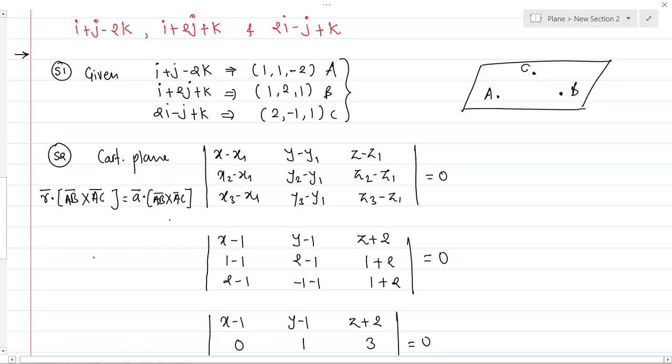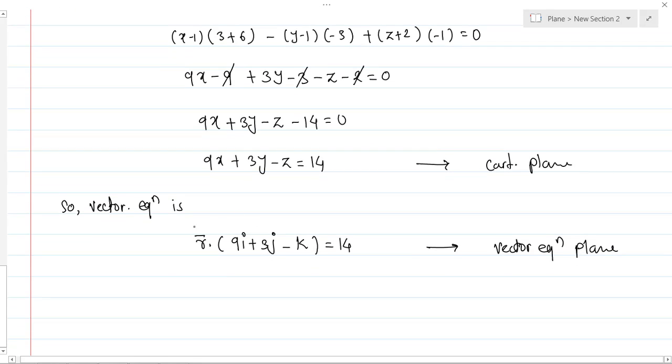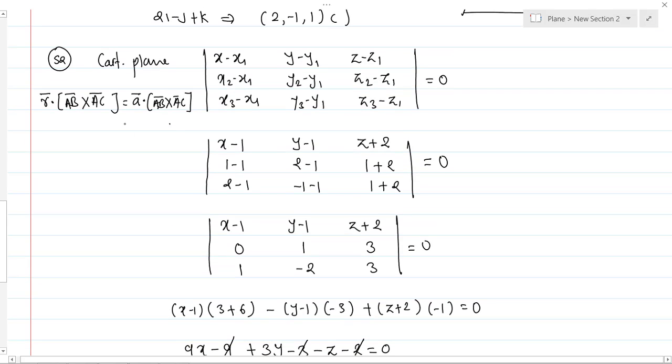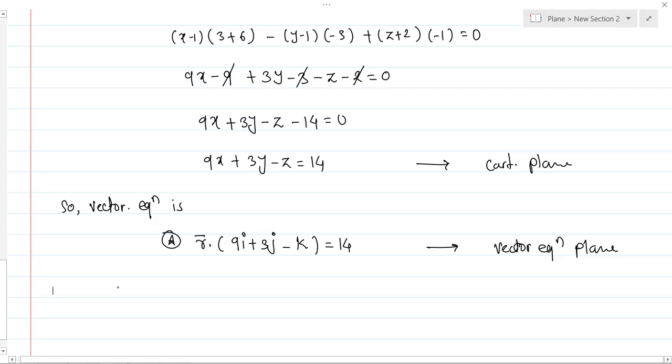Okay, so if you use this formula, you will land directly on this answer. But personally I feel that solving AB cross AC is a bit difficult, and again you will be having the dot product here. So there will be comparatively more calculation. So what I recommend is, whenever they ask for the vector equation, just go for the Cartesian equation and directly convert it into the vector form. Okay, that's great. So let's see the next question, the third question of this video.